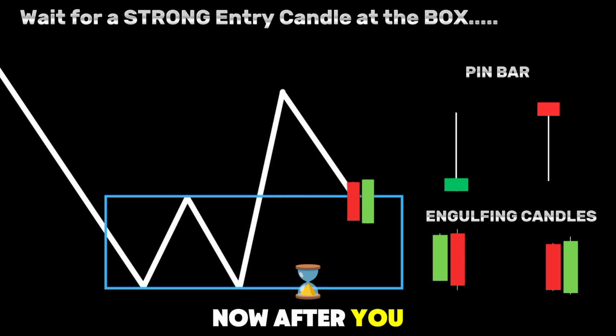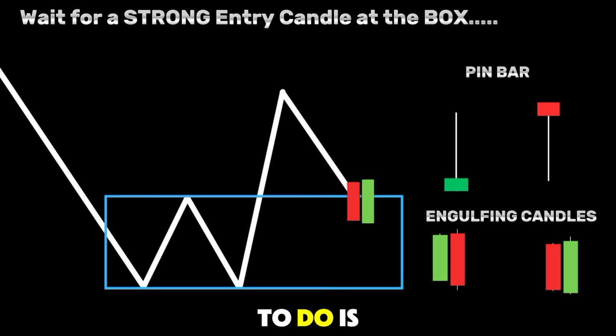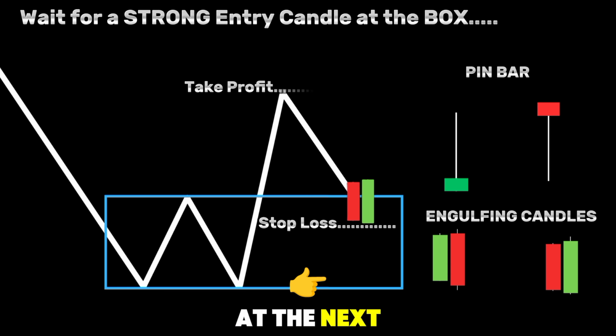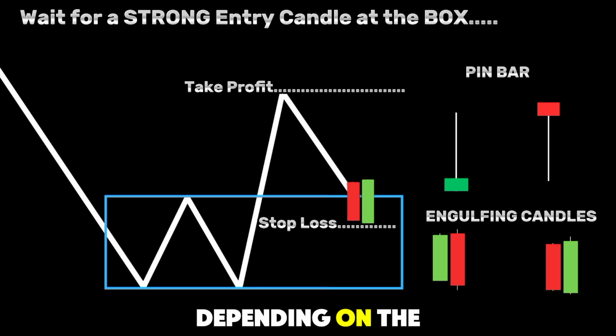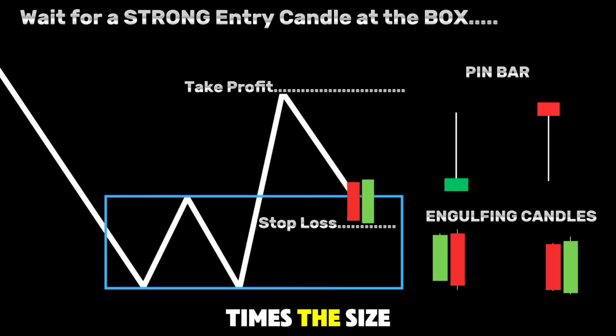Now, after you have seen any of this entry candlestick pattern, all you have to do is to place your stop loss below it, and you take profit target at the next high or low, depending on the setup. And if there is no high close enough, you place your take profit target at least 3 times the size of your stop loss. I'll show you guys some live examples on the chart, but before we get to that,